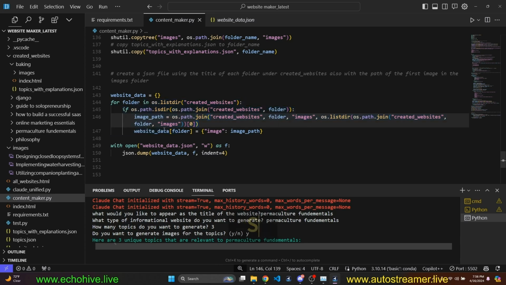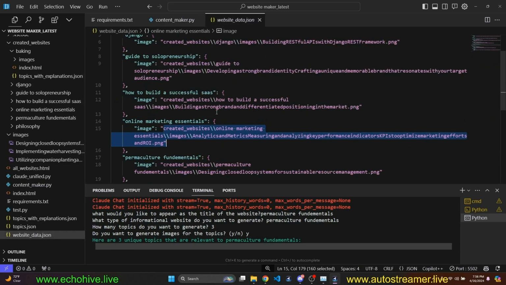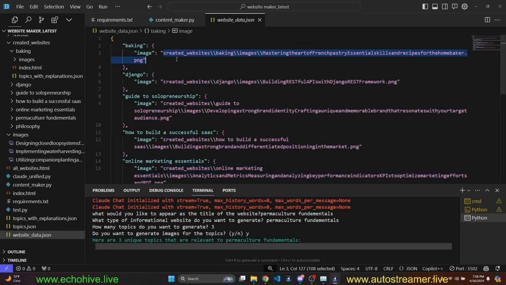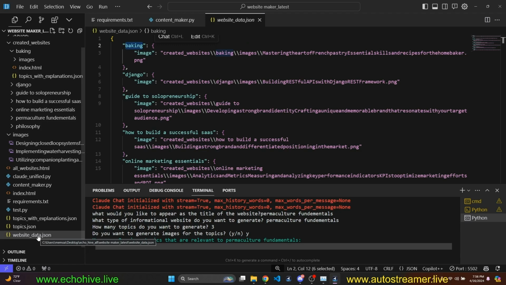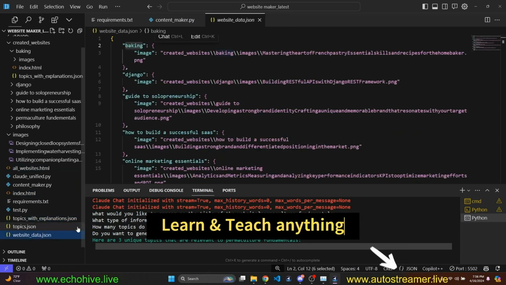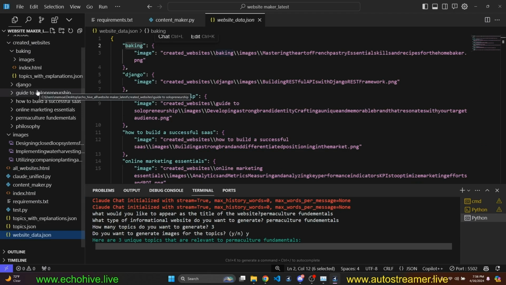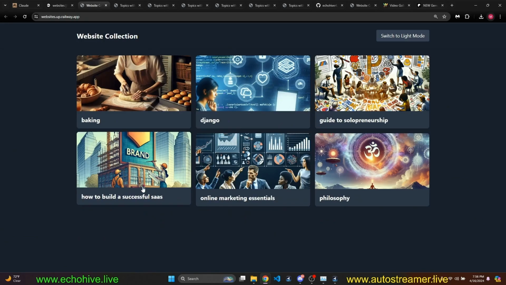We look into the images folder. We create an image path for the folder, and then we dump it to website data.json. I hope this was clear. All we're doing is grabbing the path for the image for that particular course, and we are saving it to website data.json, which the all websites.html uses. So therefore, we have our index.html template, all websites, topics with explanations JSON, and website data.json, along with this folder worth of all these contents, and we have all the necessary ingredients to build a collection of websites,